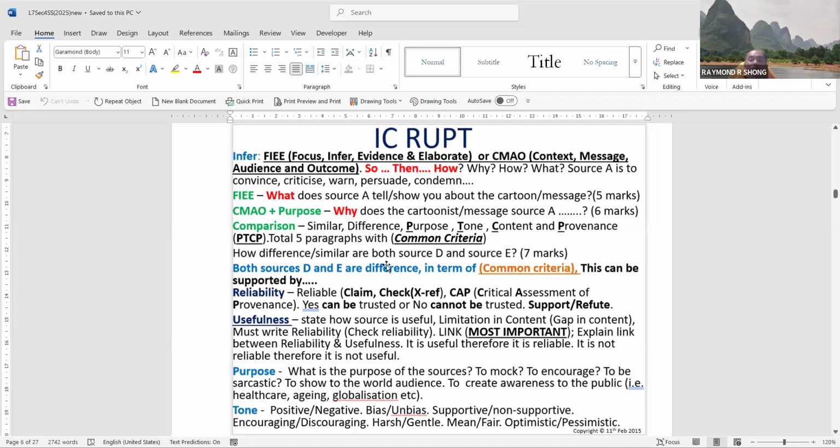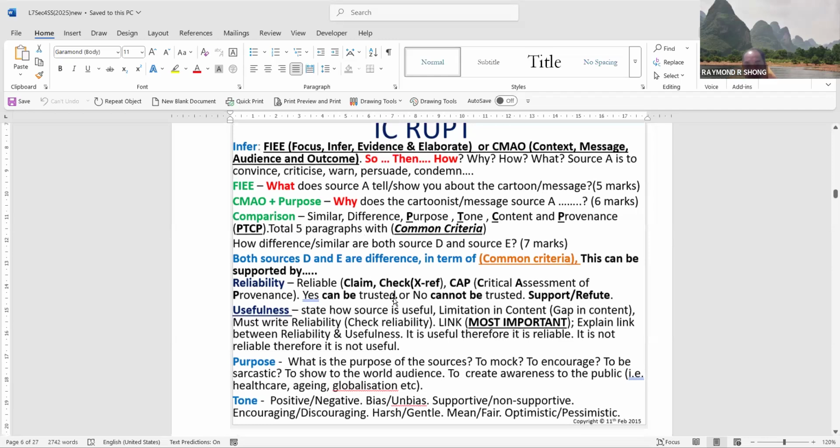There is a possibility, I don't want to confuse you. Sometimes the question only asks for difference and not similarity. There is a very, very slim possibility. They once came up with 4 or 6 marks, that means 1 difference and 2 differences. I don't know why they come up with these kinds of questions. Seriously, it happened a few times in the real O-level exam in the old syllabus. I'm not sure whether they still do that. But nowadays, they like to do hybrid questions, which are getting more and more tough. I think your juniors, those in Sec 1 and those with PSLE coming up, will be even tougher, based on what I've been teaching for so many years. So both are the common criteria.